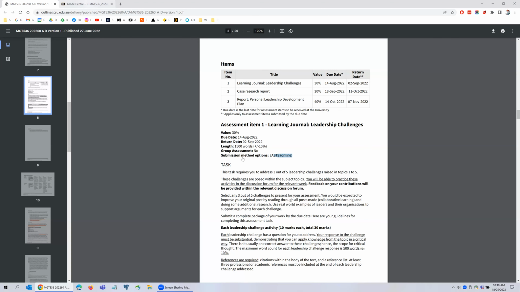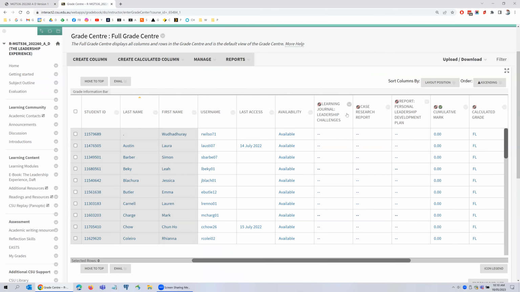Now, if we go to the Grade Centre, we can see here the 3 different columns represent the 3 different assessments on the subject outline. Now, if you keep an eye on up here under the grade information bar, when I hover over the headings, the information pops up in this section here, and it'll tell you a quick view of the information on that particular column. So the name of it,